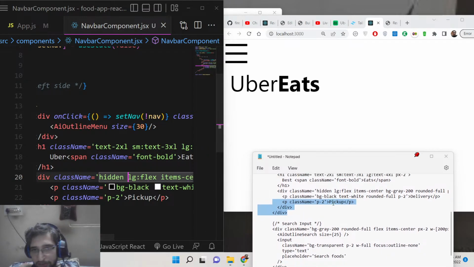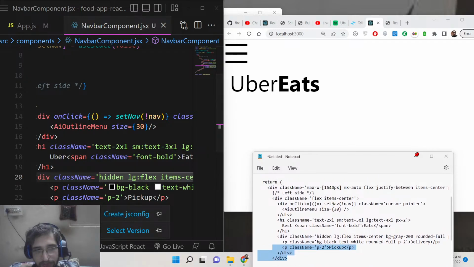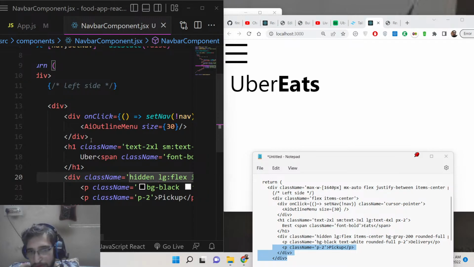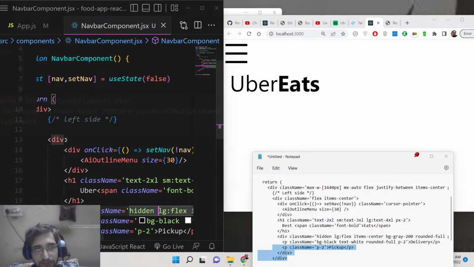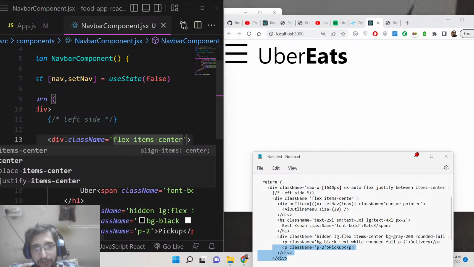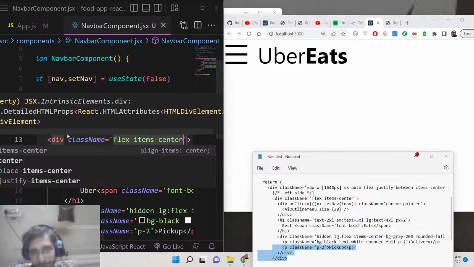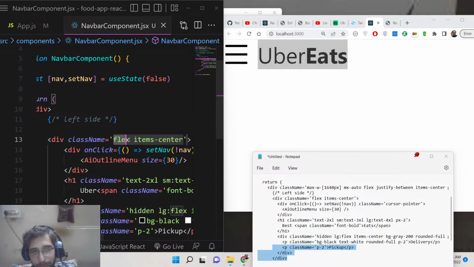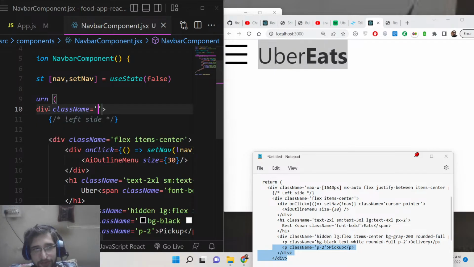So after this, guys, we are missing some classes here, so we need to give the parent div some classes here. Right here inside this div section, we need to give this class, which is flex and items center. Basically you can see how this is aligning it in the horizontal direction. Uber Eats here, you can now see how it is perfectly aligning it. We have put these two classes, flex and items center, and also the parent class we need to give a